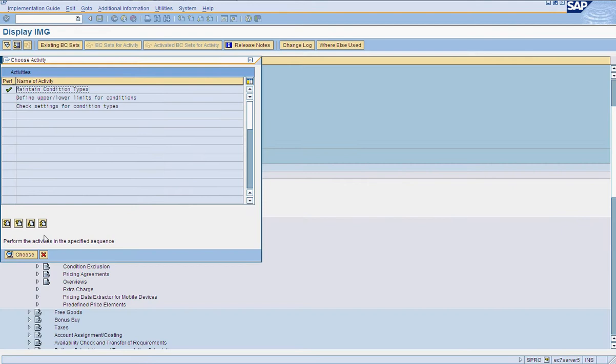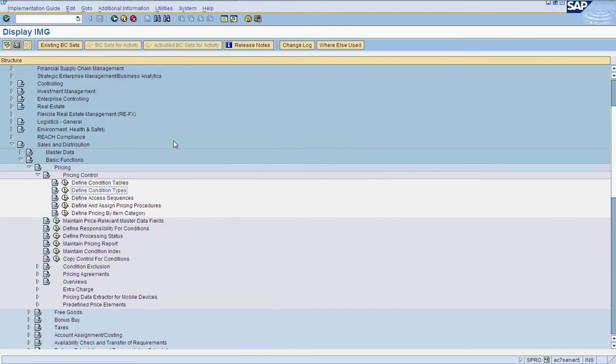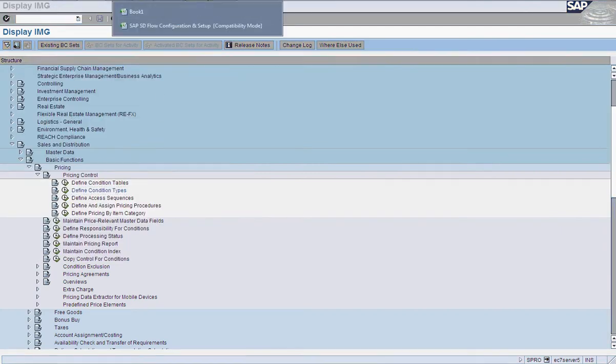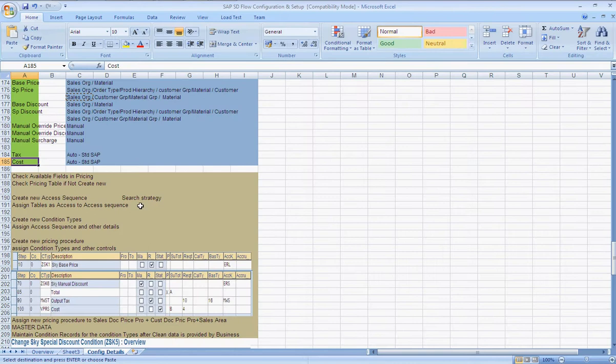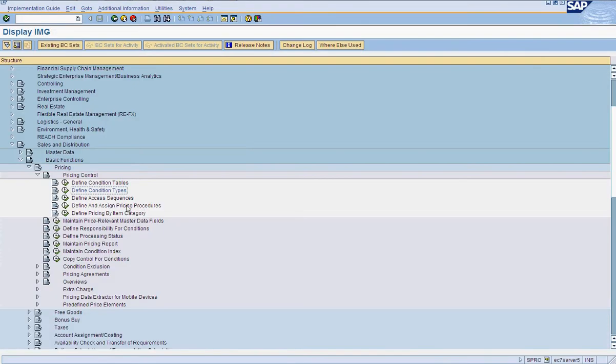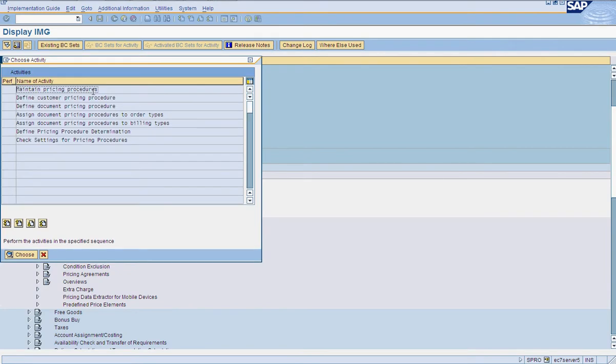Now once we have defined condition types, we have to have what we call a pricing procedure. Pricing procedure is nothing but a collection of condition types with different controls provided to that. So you can see you have document pricing, you can define document pricing procedure, you have defined customer pricing procedure.